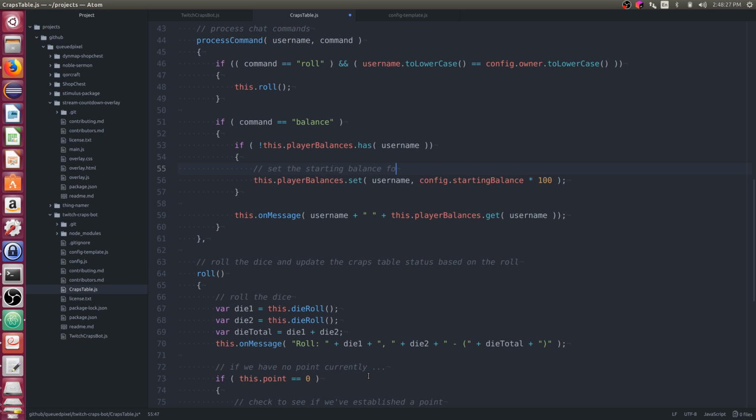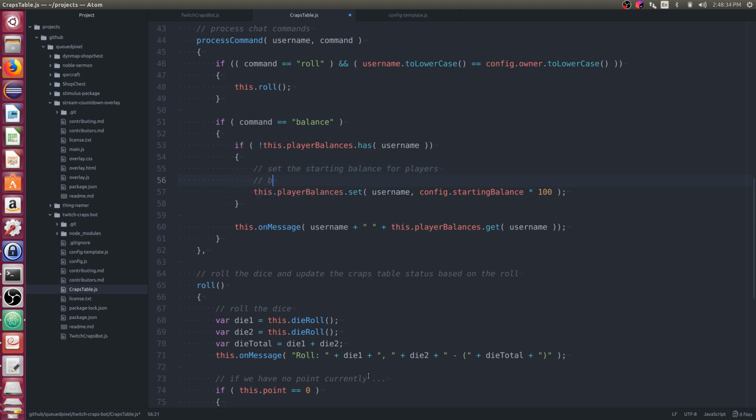Set the starting balance for players. Balances are stored in terms of hundredths of the unit of currency.